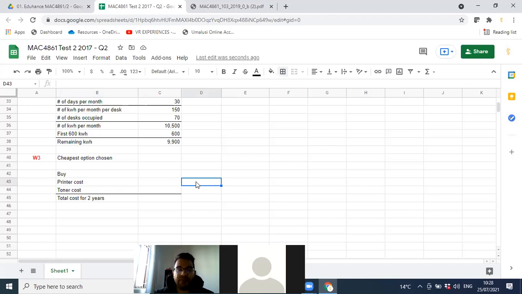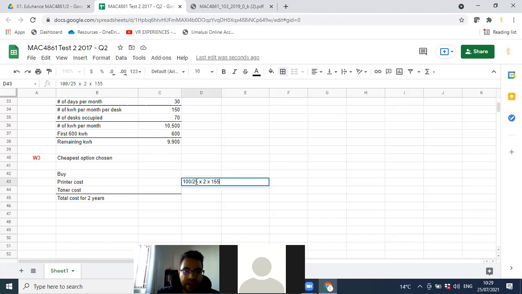So each set of 25 desks will have access to 2 printers. Therefore, how many printers are they going to have? They're going to have 8 printers. So how are we going to get that? The number of printers is going to be 100 divided by 25, which gives us the number of 25-desk sets. So there's 4 multiplied by 2 printers per 25 desks. That will give us 8, multiplied by